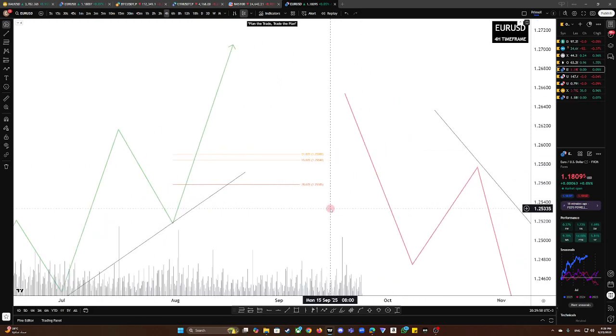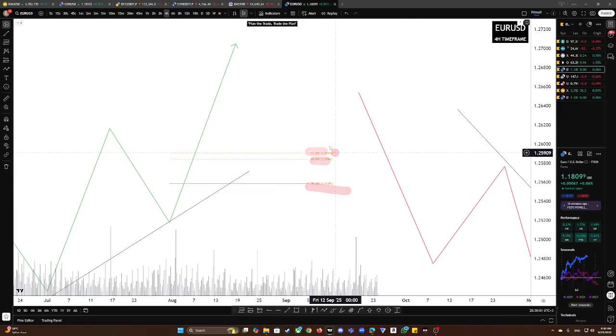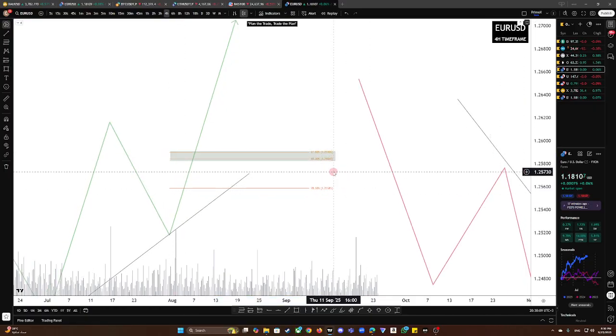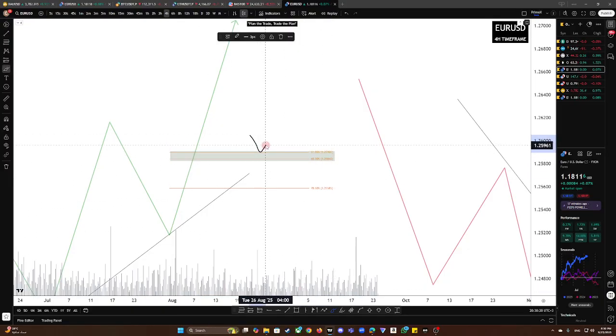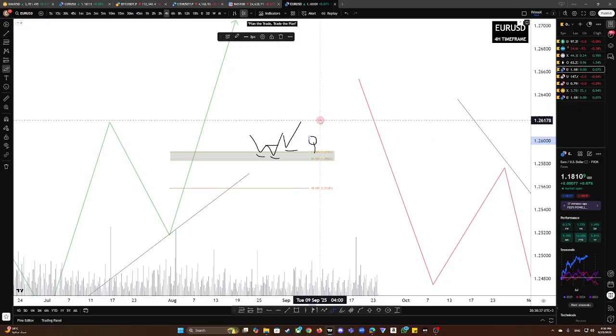So many people can ask, I have 3 levels, you have 3 levels, which one should I use? I usually tell them to use this as a zone. This is called the golden pocket or the golden zone, which is between the 61.8% and the 65%. I treat it as a full zone, and I usually wait for price to come in and start breaking to the upside by making a double bottom, for example, or a head and shoulders, by having a left shoulder, a head and a right shoulder, or either by making a bullish candle, for example. You can use whatever confirmation you need,